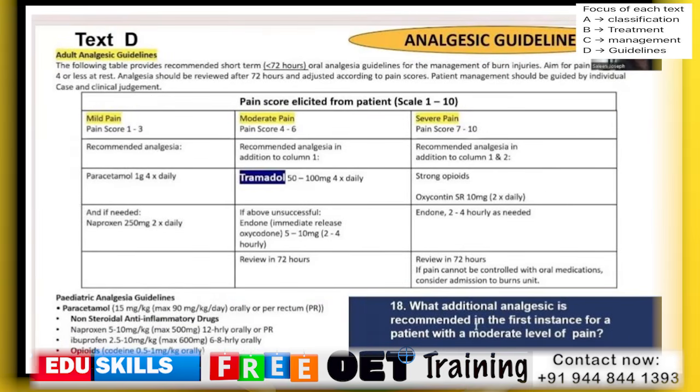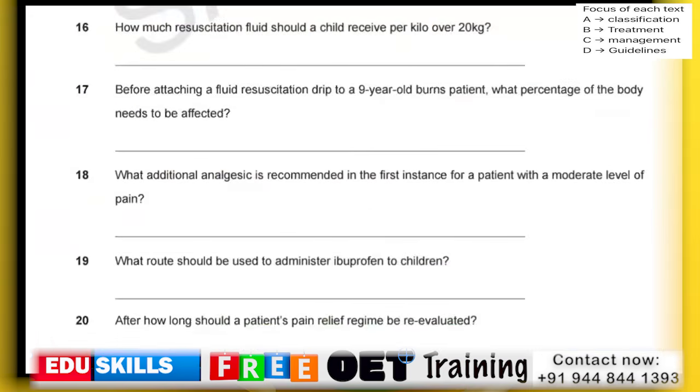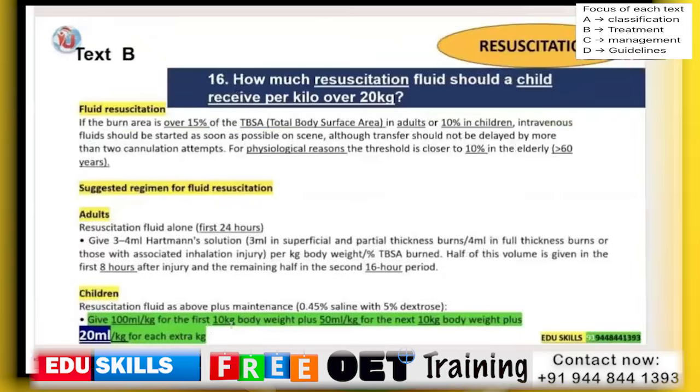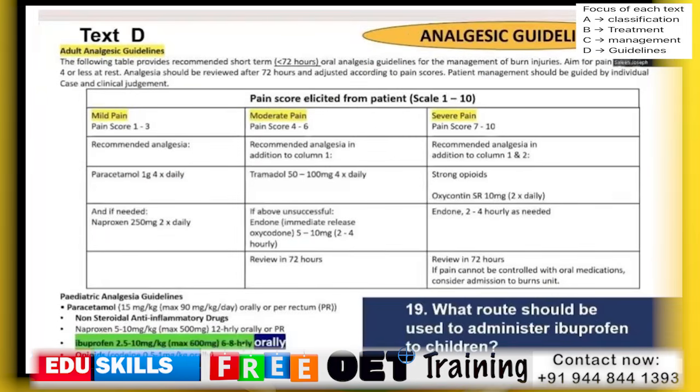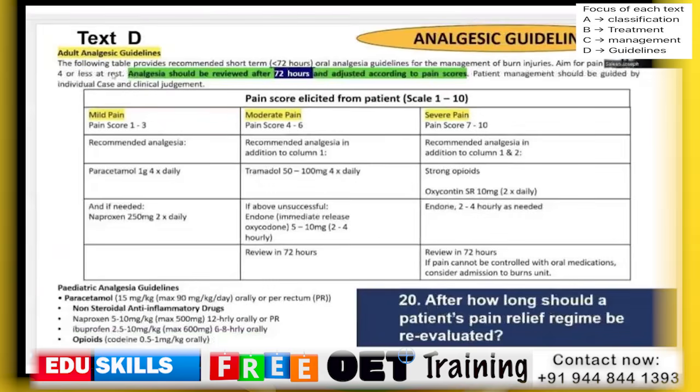Question number 20. After how long should a patient's pain relief regime be reevaluated? This also we can see in text D. In the second sentence, analgesia should be reviewed after 72 hours and adjusted according to the pain score. So reviewed is the synonym of reevaluated. So the answer is 72 hours. We should not write "after 72 hours" because in the question they are already asking "after". So we should not repeat the